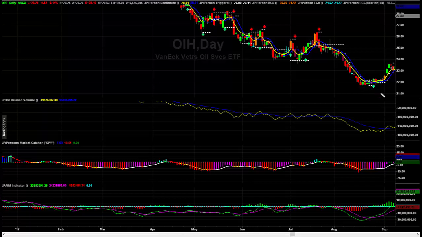So now we have a market, the oil service sector, that's falling like a rock. It's moving against those lows. And if we draw that straight line, you will notice that the momentum of the volume is changing. The volume analysis is moving up. The relative strength's not weakening. The on-balance volume is not showing a whole lot. In fact, as you can see the difference, on-balance volume is moving straight, and our volume indicator has actually gone from negative red to positive green, and the indicator is pointing up.